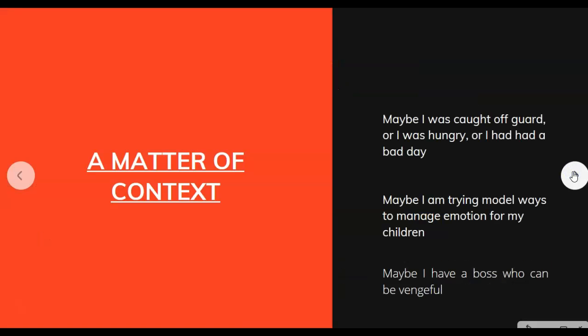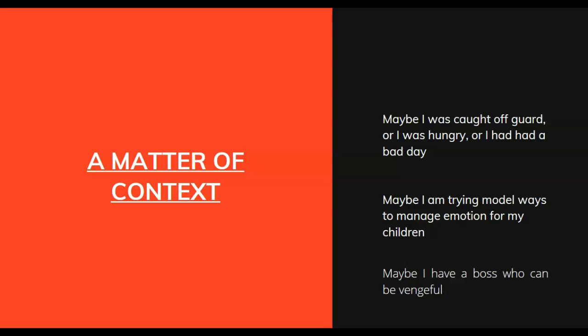Okay? Now, why? Well, all kinds of things influence our behavior. One of those is context. So, you can think with the first scenario where I feel angry and I act angry.